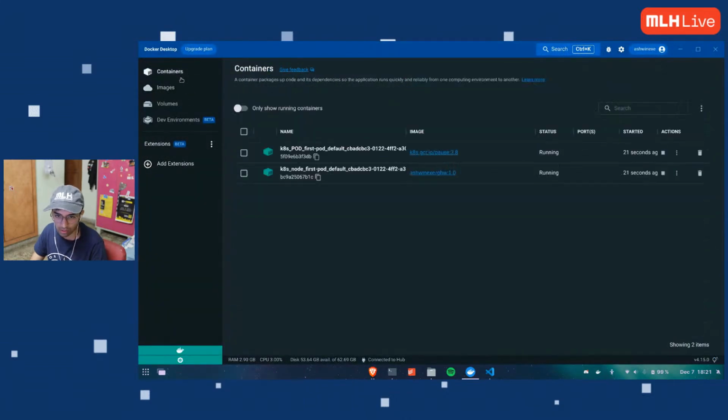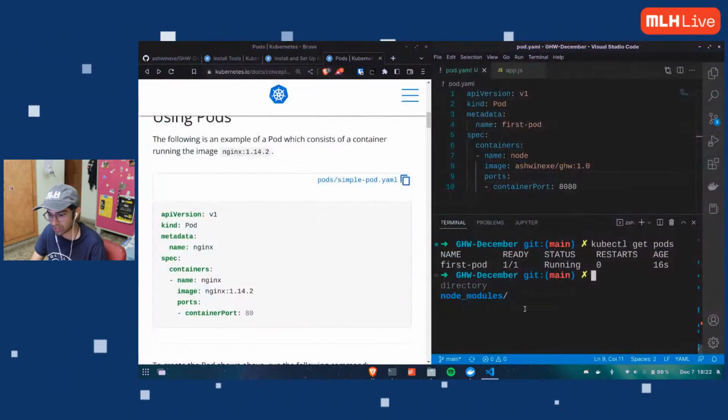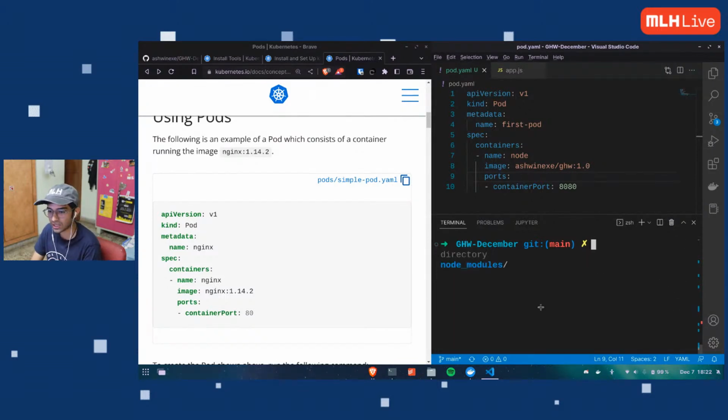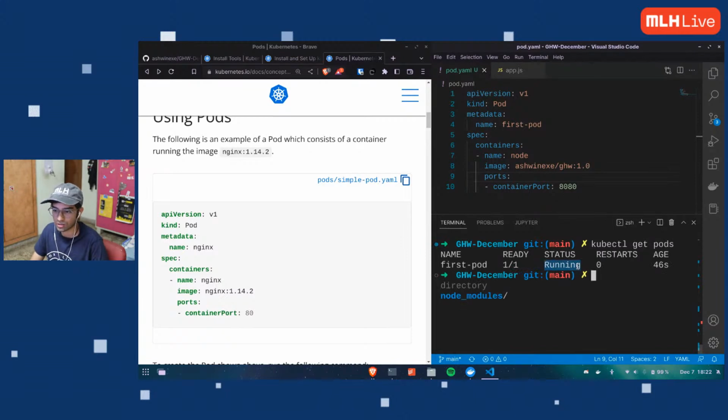Can I see it in here? No, because I don't think it shows pods in Docker Desktop. So you have to rely on the command line terminal. Sometimes if you create the pod too fast, like you created the pod and immediately you did kubectl get pods, you will see no output, or you will see creating, and then you will see running. So creating a pod takes time sometimes, and if you do get pods very fast, you may not see it.